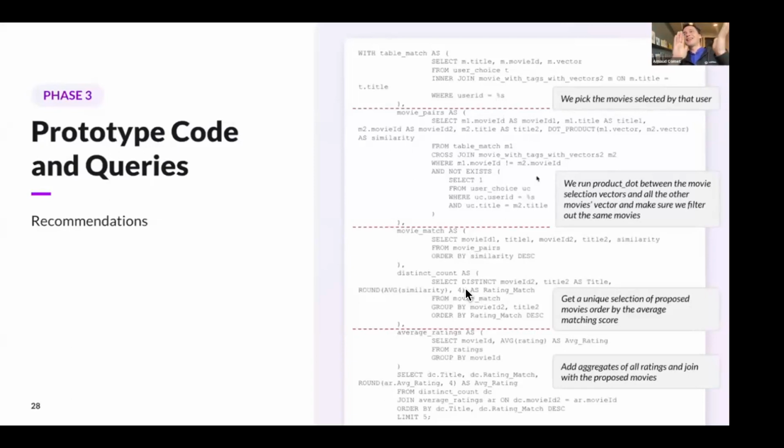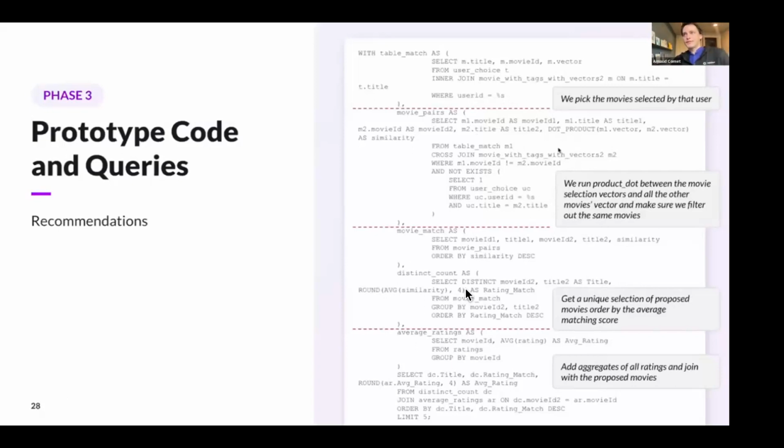Here it's taking the movies and the vectors of the 3 movies you selected, and doing a cross join with the vectorized movies with tags, with vectors. So that does a cross join, and essentially the product. If you pick 3 movies, you will have in M1 the 3 movies, and all the